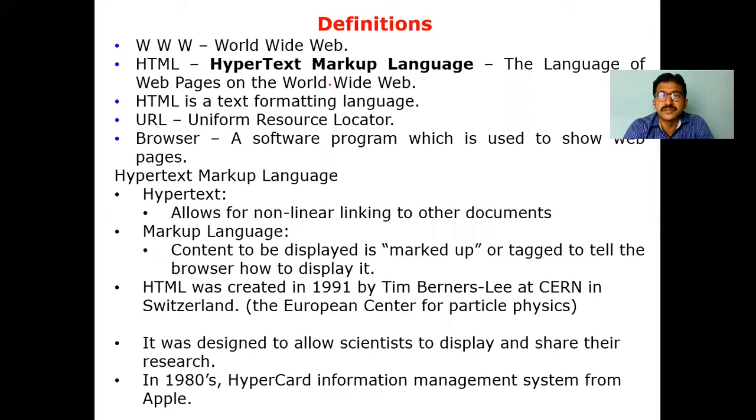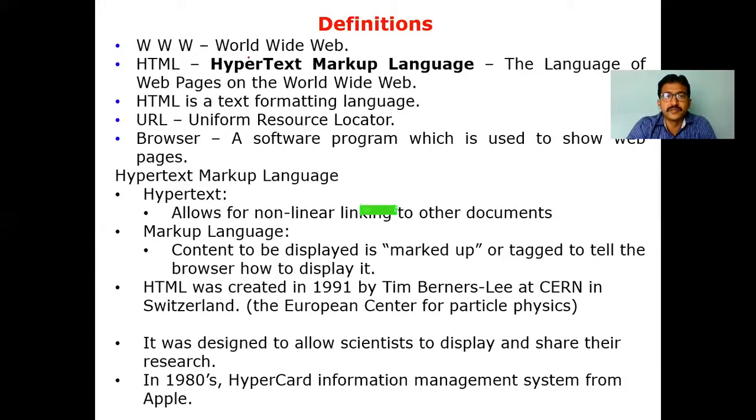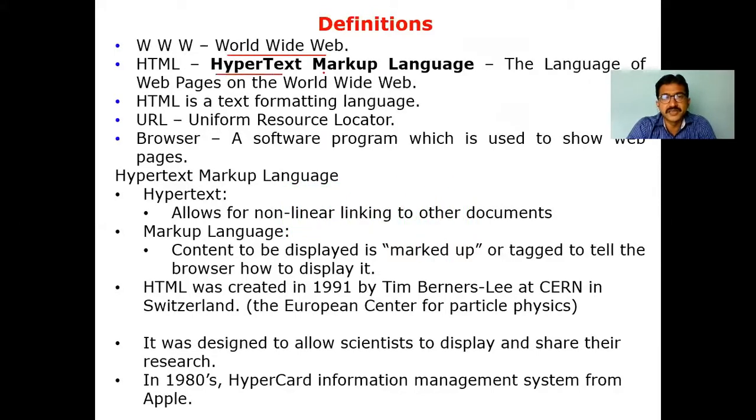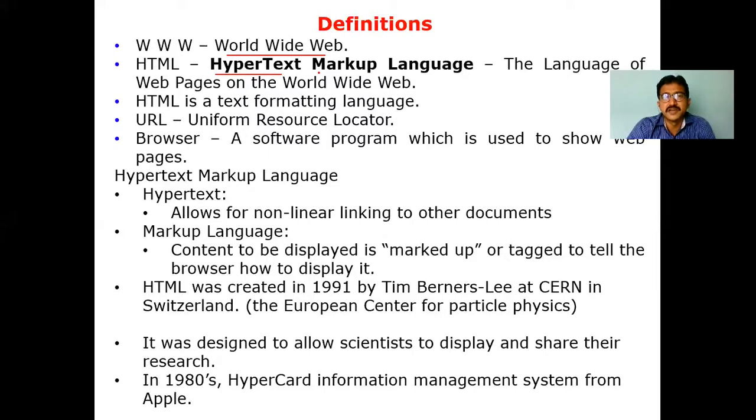Unless you know the fundamentals or the terminologies used in a particular course, not only in WT but other courses also, unless you are aware, you are very uncomfortable talking about that course or writing examinations on that particular course. Okay? So first of all, WWW, you are already aware of this. WWW means World Wide Web. And HTML stands for hypertext: H stands for hyper, T stands for text, M stands for markup, and L stands for language.